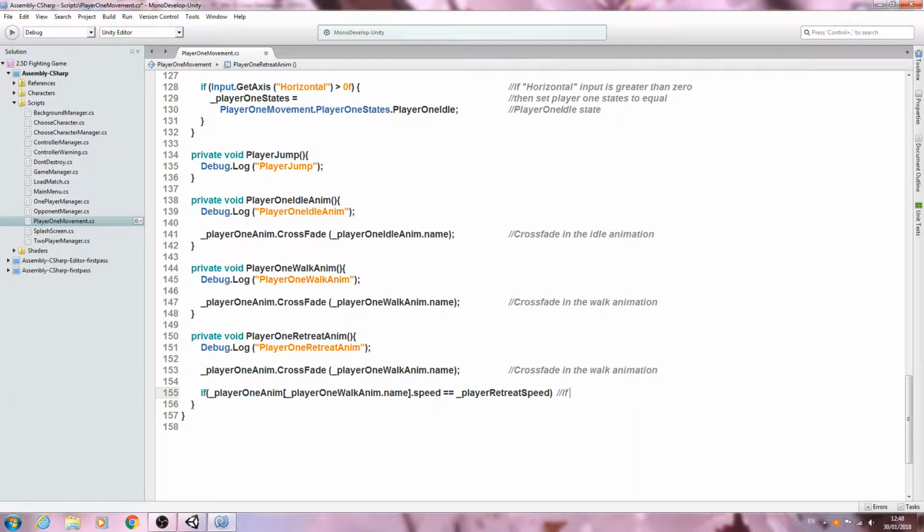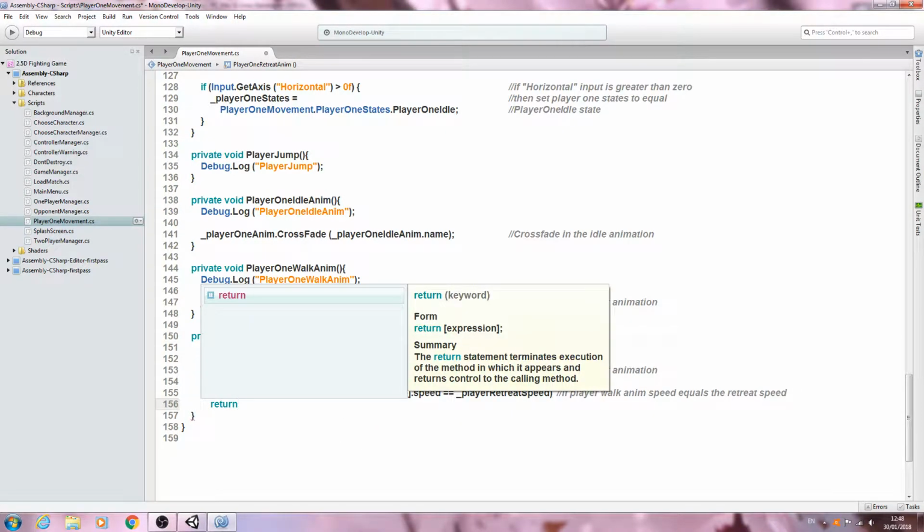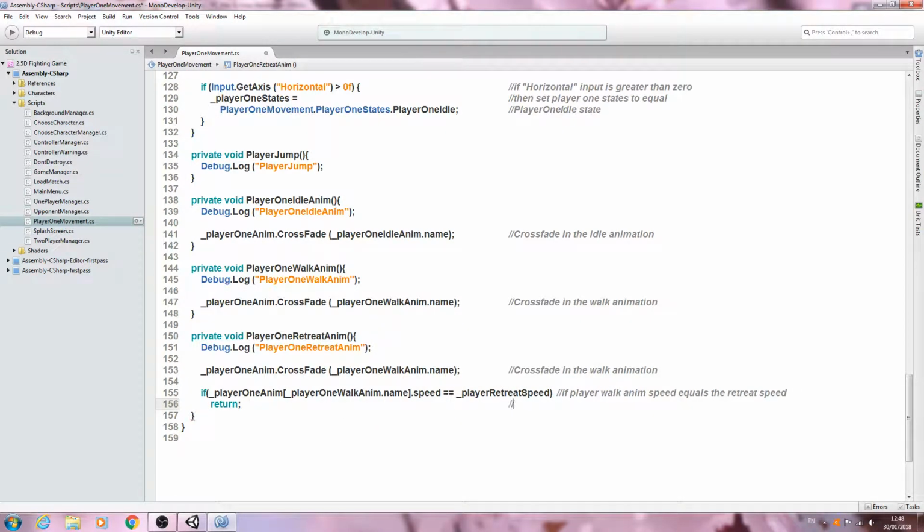So let's get this into the comments. So we'll say if player walk anim speed equals the retreat speed, we'll return our usual comment, then do nothing and return. However, if it does not equal the retreat speed, which if you remember is only 3/4 of the full speed,